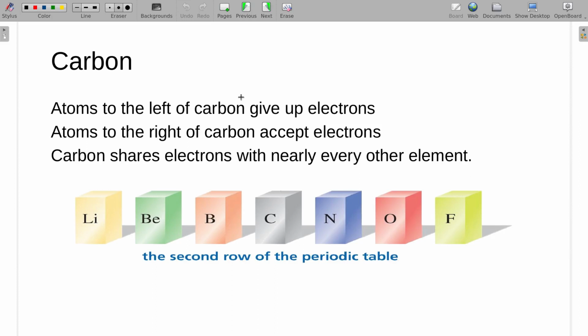Now, why carbon? Why is it so darn important? Well, it turns out carbon, being where it is in the periodic table with a low electronegativity and right in the middle, has 4 electrons. It can actually make a decent bond with just about everything. And more importantly, it shares them. It almost is willing to make a covalent bond with everything. Because of that, it increases a lot of versatility, and there's a lot of changes or characteristics that are unique to carbon and the bonds it makes.